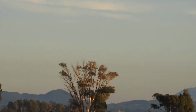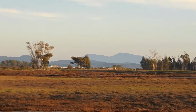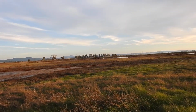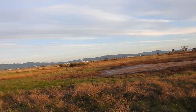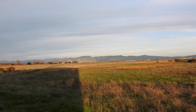Here's some of the locals. That's Mount Diablo. So back to the jetty. It's made of boulders, stones, granite, marble, brick. I've seen broken pieces of statuary. In some of the areas there's concrete surrounded around granite pillars that are built into that. So a lot of things that are built, and these